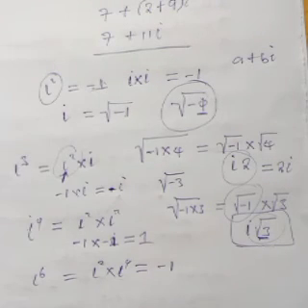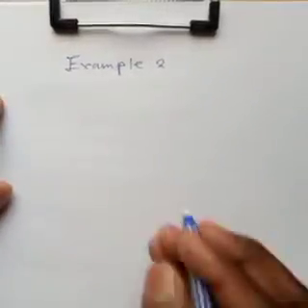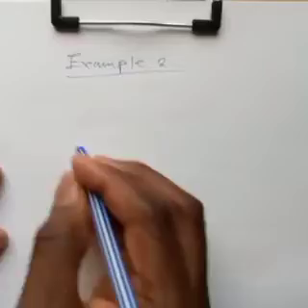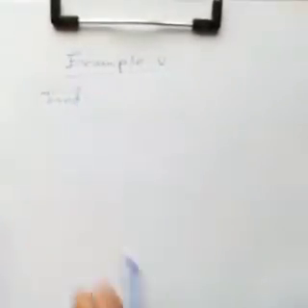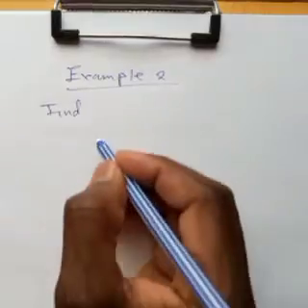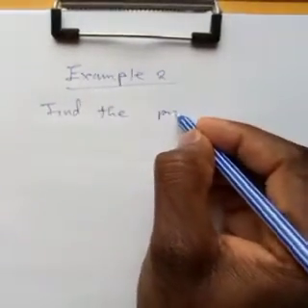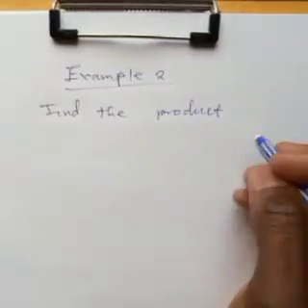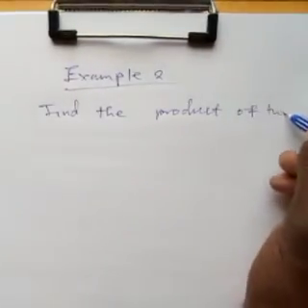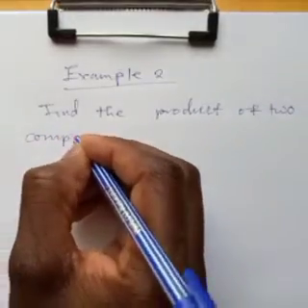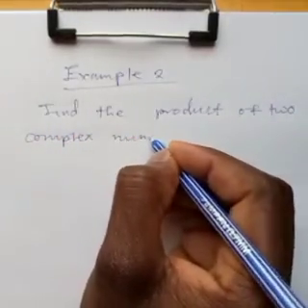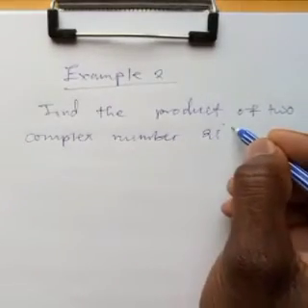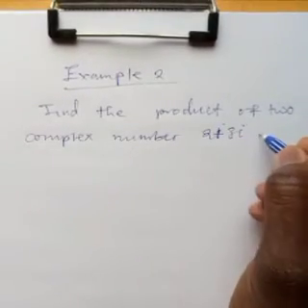Now, what would be a good example that we can follow for us to easily multiply? Let's try to look at an example. Okay, in my second example, example 2, find the product of two complex numbers, that is 2 plus 3i and